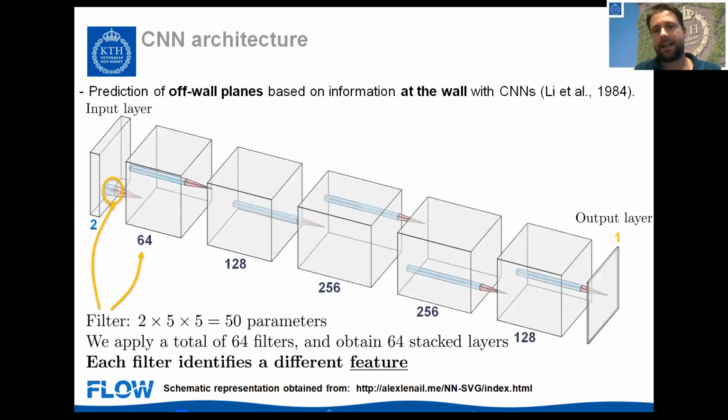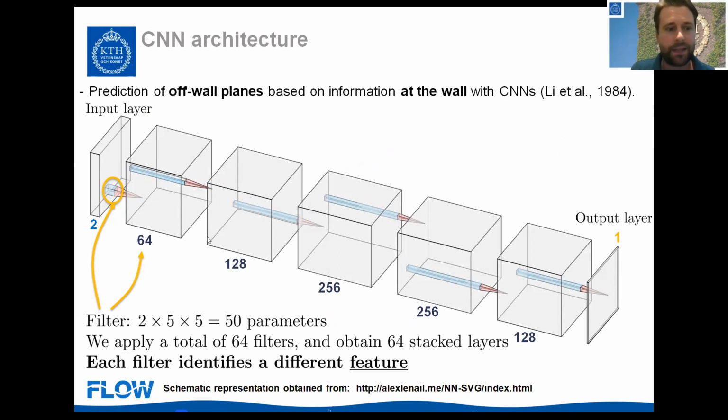And this is the convolutional neural network architecture that we use. We have many architectures, but this is the simplest that we have started to use actually. And in this case, you have the inputs. So we have 2 planes as an input, the 2 wall shear stress components. The output has only 1 plane because we're predicting only the streamwise fluctuations,